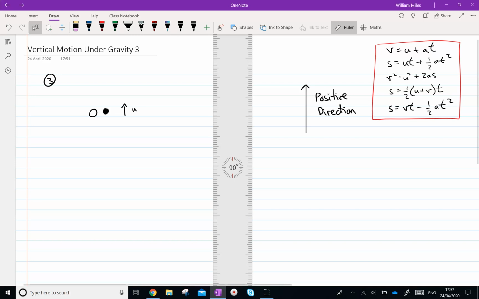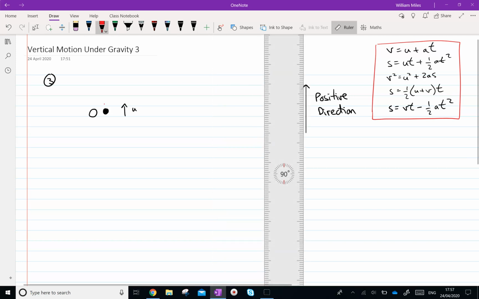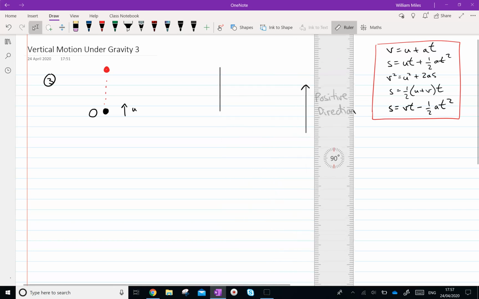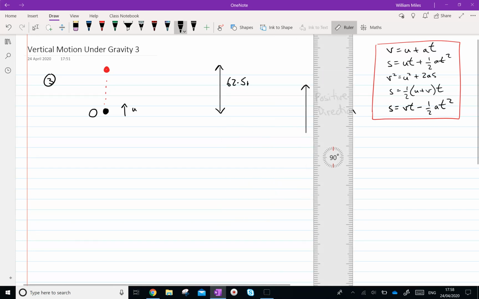The greatest height reached by the particle is 62.5 meters above O. So as the particle goes up, eventually it's going to get to its top bit, and that distance there, that distance is 62.5 meters. And obviously at that top point, when it gets to there,